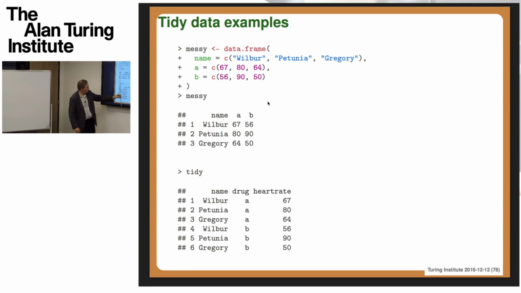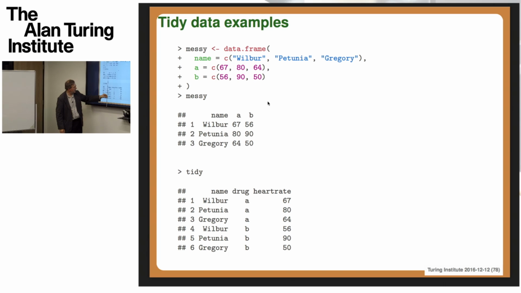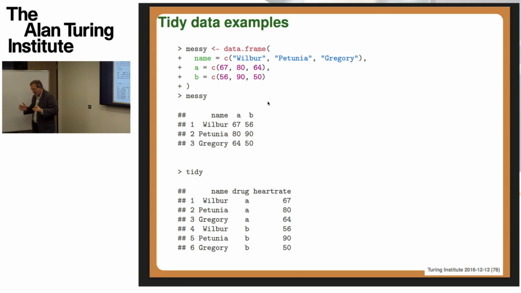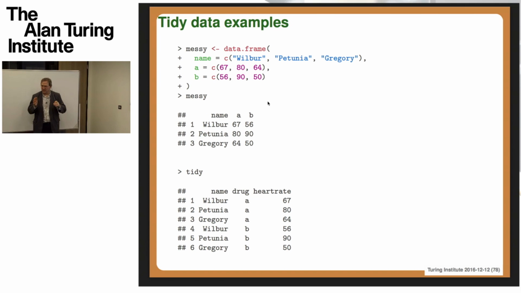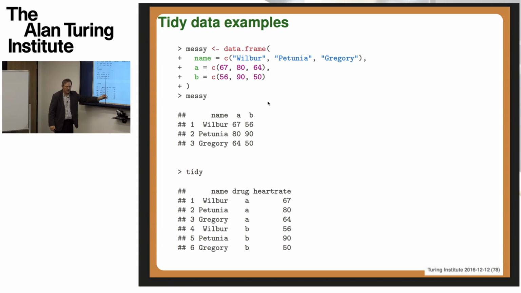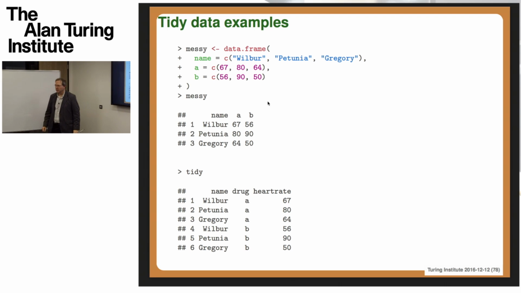So every column is a variable. There's a variable which is the name. There's a variable which is the drug treatment, either A or B. And there's a variable which is the heart rate, according to the person and the drug. And each of these is an individual observation of their heart rate with that drug. Okay. So the semantic description of the data is completely aligned with the structure of the data. So the semantics is telling us what we need to know, and the structure is the columns. Okay. So it gives us a much cleaner way of representing information.